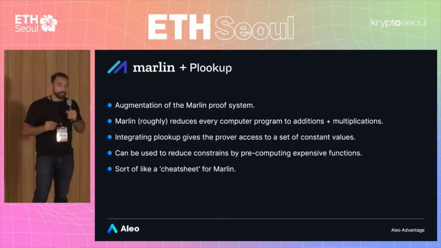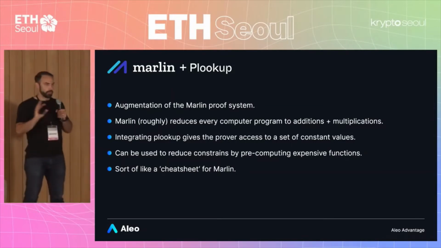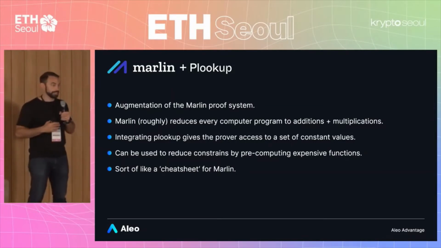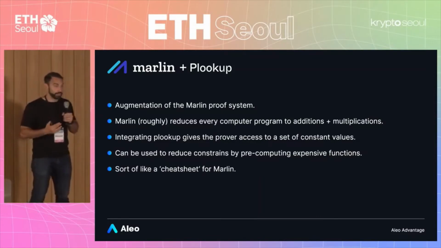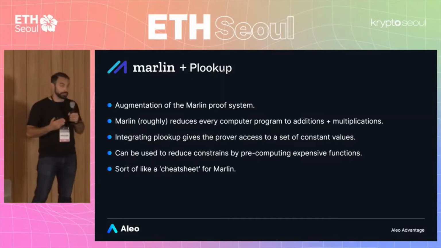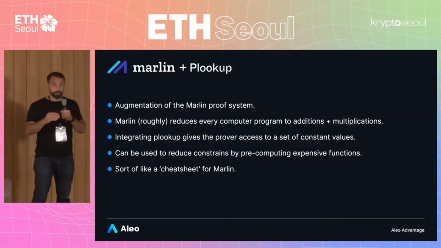Okay. The other thing that I'm excited about, we could do a whole presentation on all the really interesting directions that zero-knowledge cryptography as a whole is developing, and the ways in which this is getting better and better every single year, thanks to the contributions of many people, including some of whom are in this room. But we use a proof system called Marlin, which I probably should have mentioned a minute ago. Marlin is a universal zero-knowledge proof system, which means that any logic that you can think of, you can prove up to a certain size. So this is a relatively recent phenomenon, I guess since post-2019.